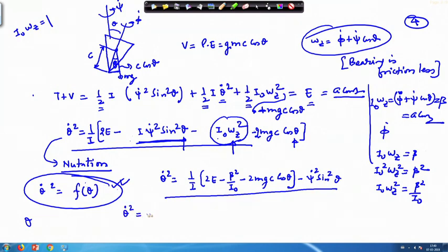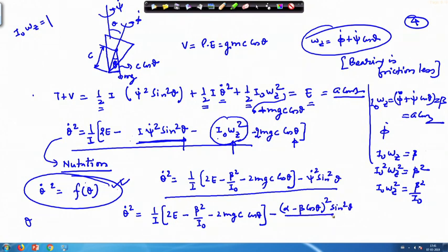So, theta dot square is 1 by I times 2 e minus 2 m g c cos theta, and psi dot we have written as alpha minus beta cos theta whole square, then sin square theta, and this is to be divided by